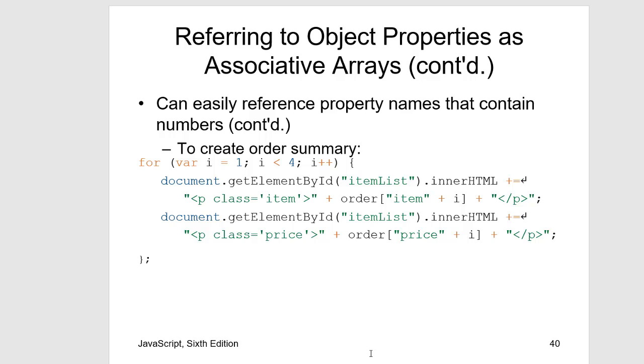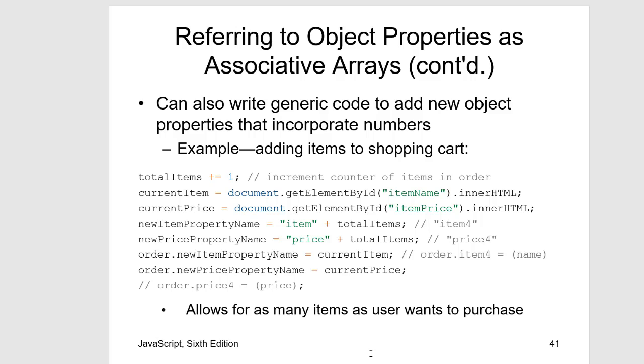We can also use objects to contain various numbers and values, and this is showing the example of how to get numbers that might be entered by a user. Generic code adds object properties that incorporate numbers. This is something that could be along the lines of adding items to a shopping cart, by creating and using the